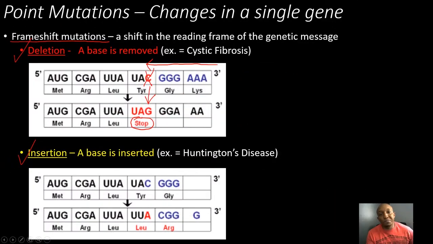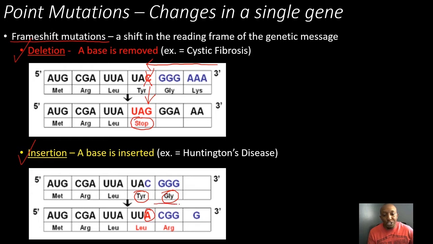Our second frameshift mutation is insertion, and this is when a base has been inserted into the genetic code. An example of an insertion mutation would be Huntington's disease. So let's go ahead and take a look at this example. If you notice up here at the top, we have UAC, which codes for tyrosine, and then we have GGG, which codes for glycine. But if you notice at the bottom, this A has been inserted into the genetic code,